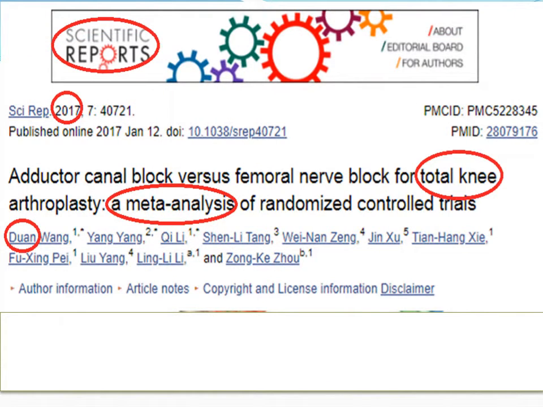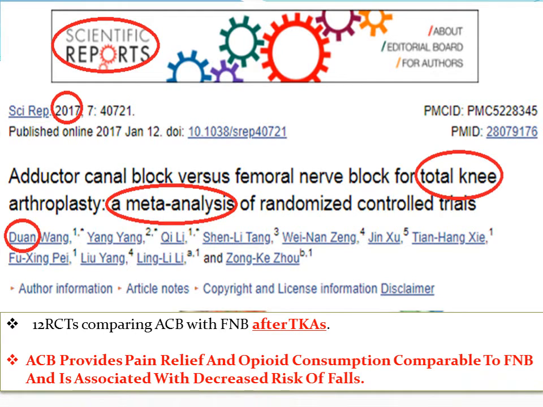Also in total knee arthroplasty, adductor canal versus femoral nerve block, a meta-analysis published in 2017 by Duan in Scientific Reports included 12 randomized controlled trials. Adductor canal block provides pain relief and opioid consumption comparable to the femoral nerve block and is associated with decreased